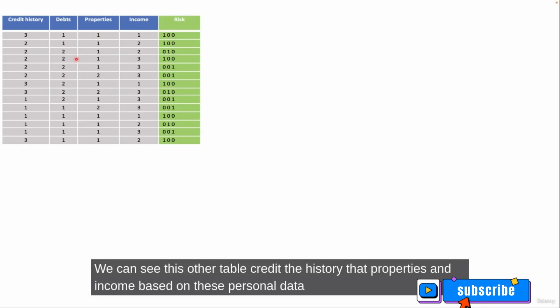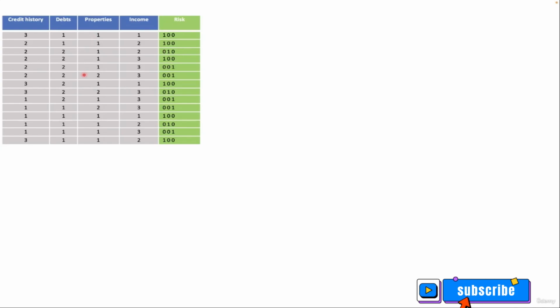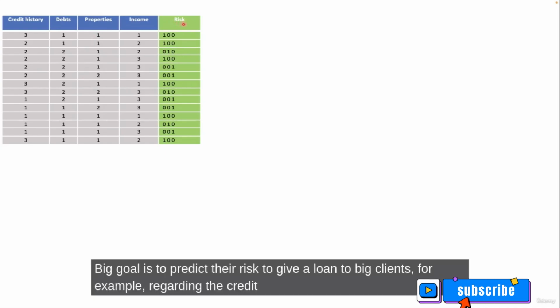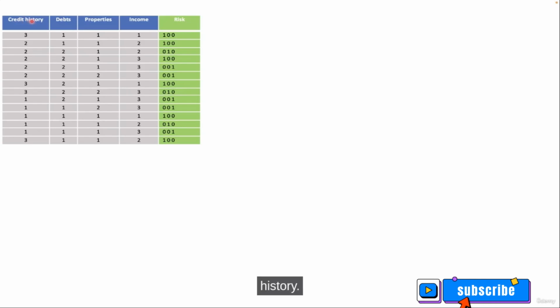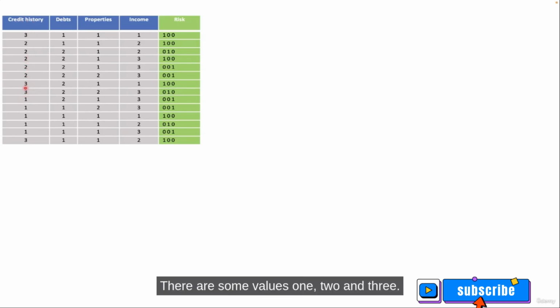We can see this other table: credit history, debts, properties, and income. Based on this personal data of the clients of a bank, the goal is to predict the risk to give a loan to the clients. For example, regarding the credit history, there are some values 1, 2, and 3. 1 could be a good history, 2 a median history, and 3 a bad credit history.